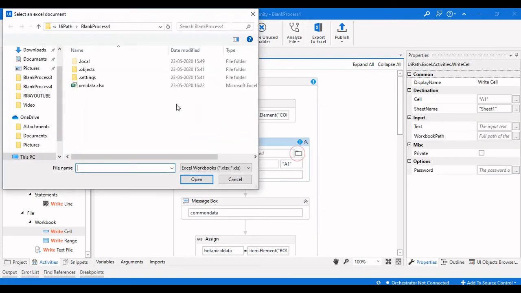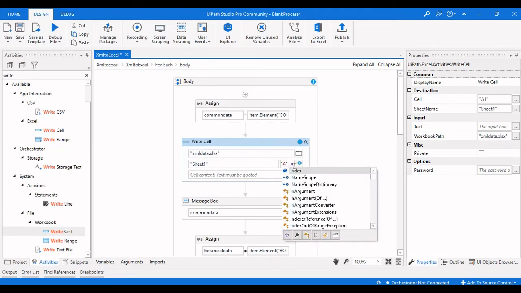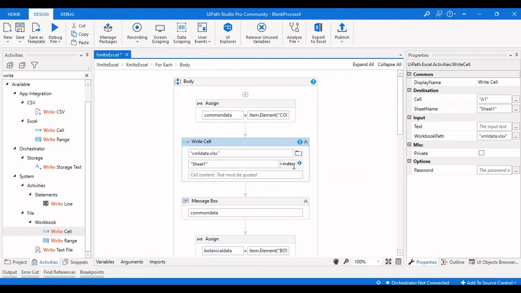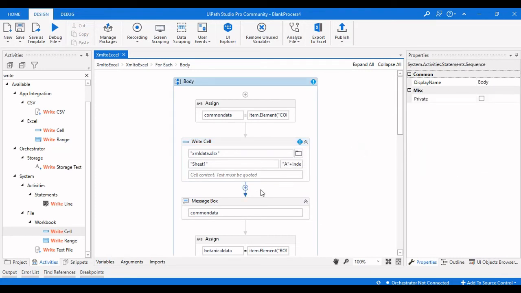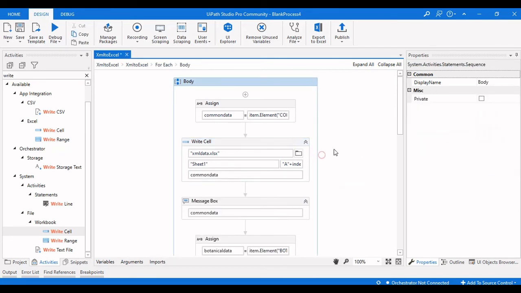And this is the XML data, and what we need to do is take this one and pass the common data here.